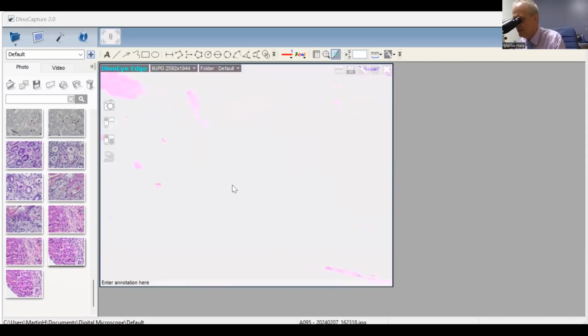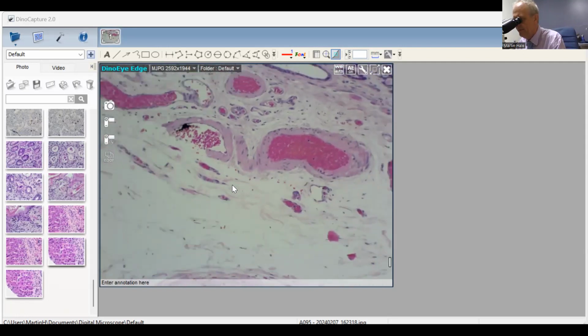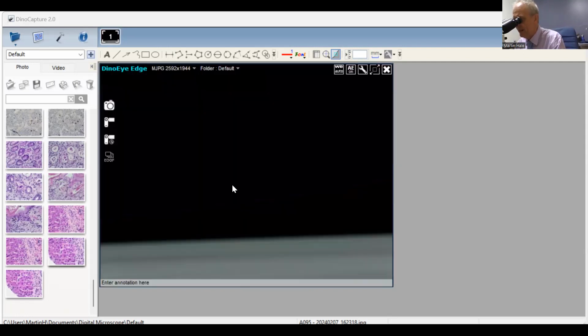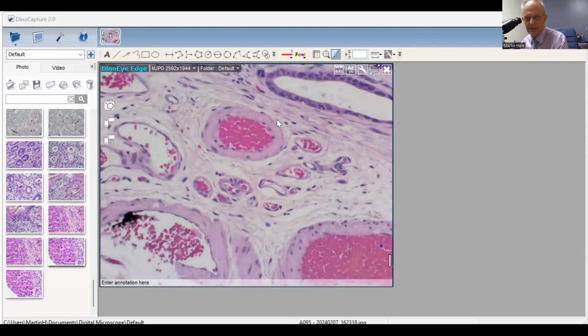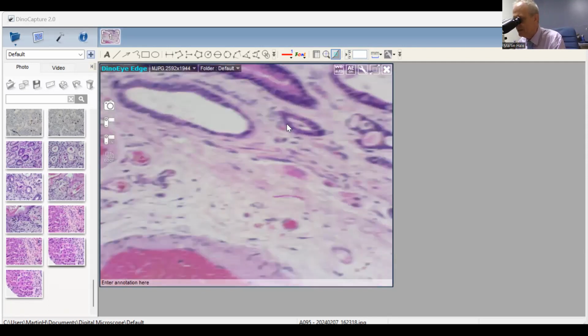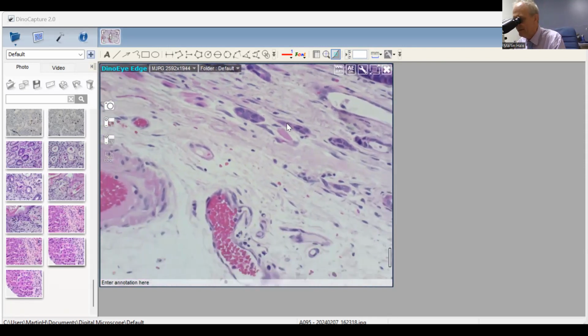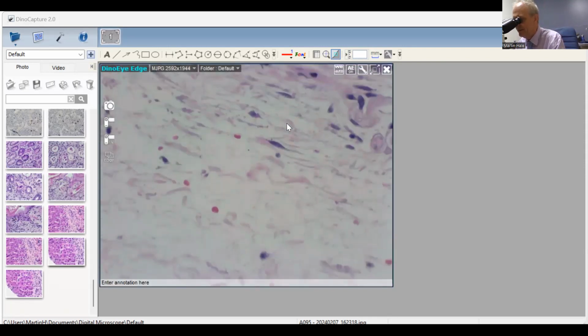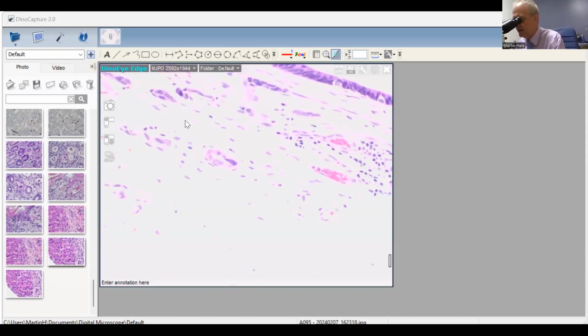So this remains a T1A. It's only just a T1A. There's a tumor island there, but there are slips of muscle just there. But you can see how close it is. And there again, you can see tumor there, and then these slips of muscle just infiltrating. I mean, this is just a T1A.